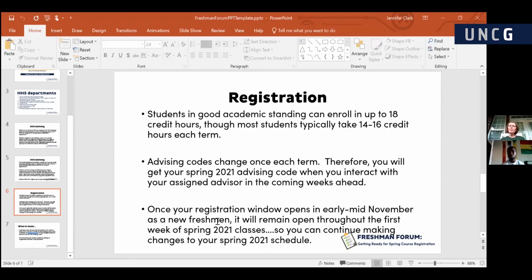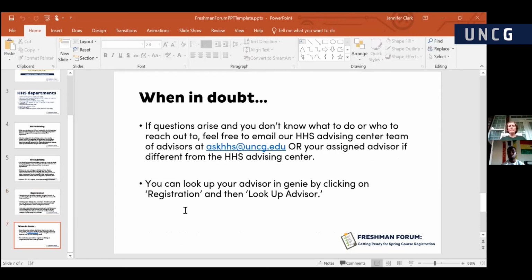So you'll have plenty of opportunity to make adjustments to your spring schedule before the spring semester gets started. And just like with this fall term, you can continue to add and drop throughout that first week of classes for the spring.